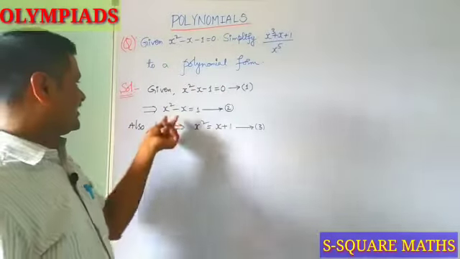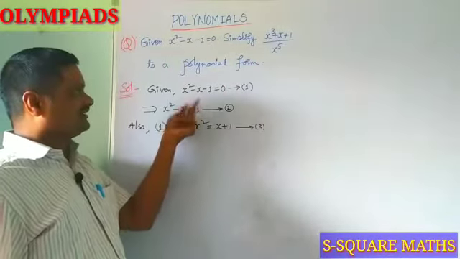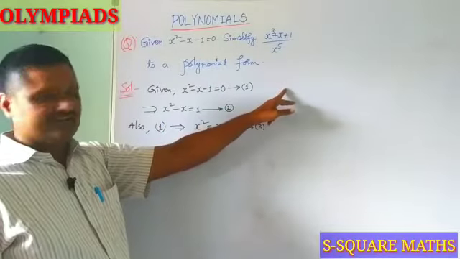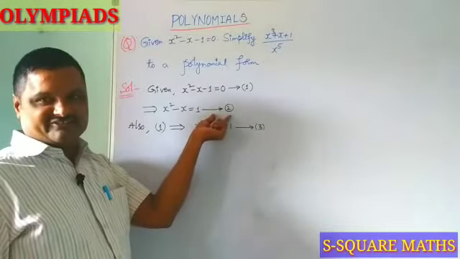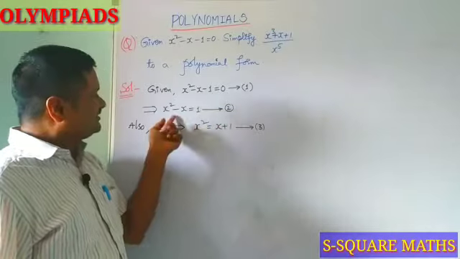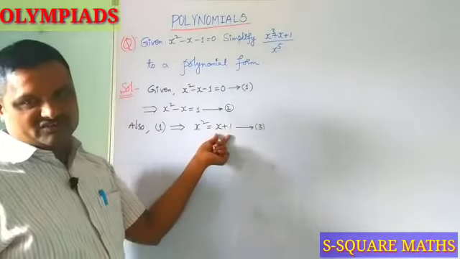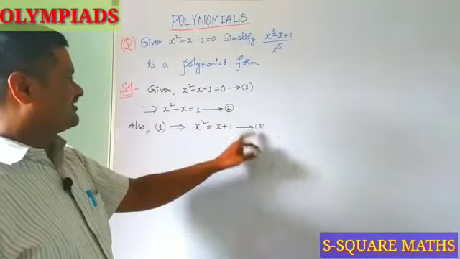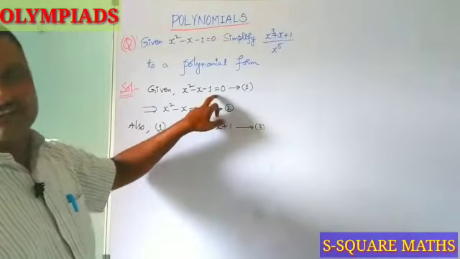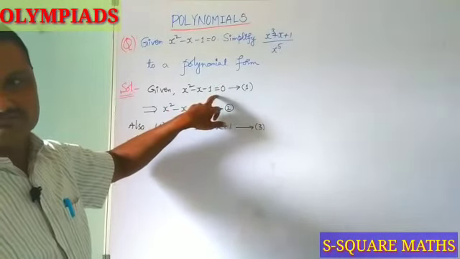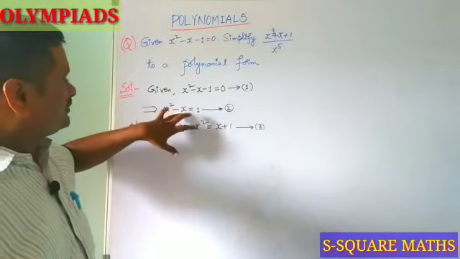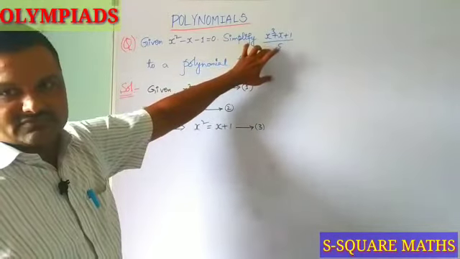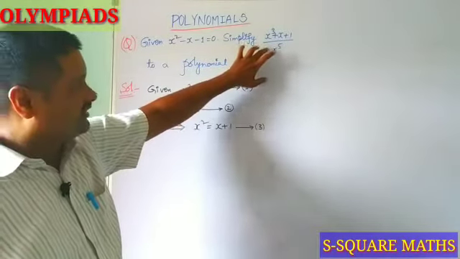From this we got x square minus x is equal to 1, nothing but minus 1 transposing to that side. Let us name it as equation 2, and x square, let it be x plus 1. So like this, equations 2 and 3 can be derived from equation 1. Okay, so to get the substitution here for the given expression.